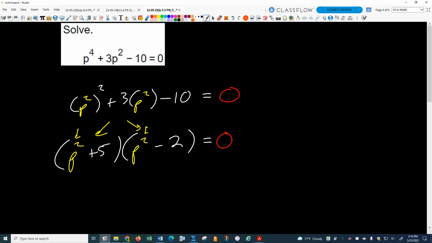And it has to be that way because if I were to expand this out, this times this needs to give me, first times first needs to give me p squared squared. So it just must be p squared times p squared, right? Okay, so